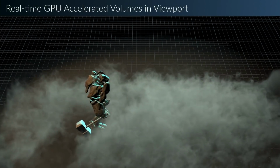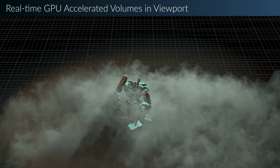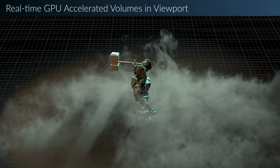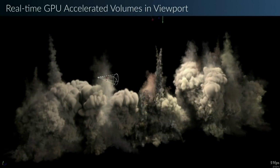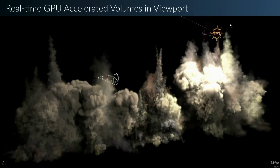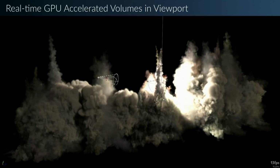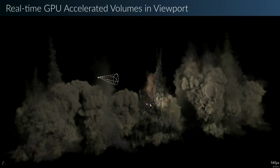You can see this self-shadowing within the smoke itself, just generally a higher throughput. And the interesting thing is that it's also faster, so you can interact with it. Very high resolution volumes in Houdini in the past were actually kind of painful to work with. You have to pay a really big cost to move a light. However, now in real time, you can take this very high resolution simulation here and just interactively drag these lights